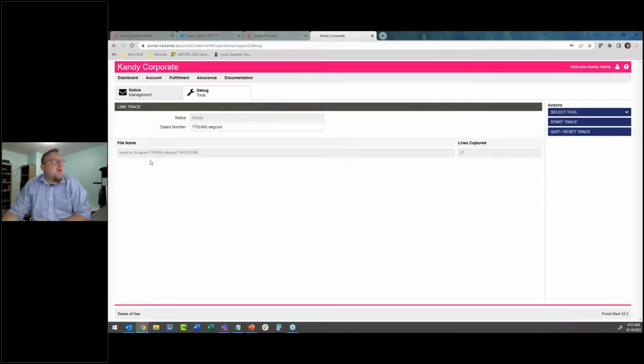You'll see it has gone ahead and set everything up. I've got my file name here. I can see it's started capturing some lines, and that's just the initial lines that it takes to set up the trace itself. Now, if I were to go on my phone and actually make a telephone call to my cell phone, what you'll see